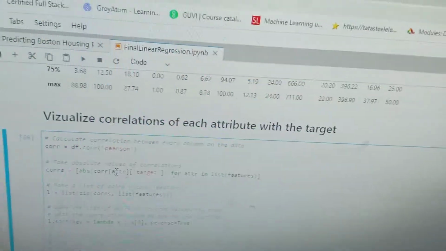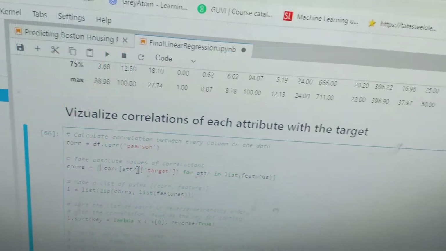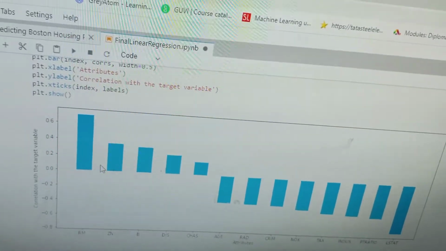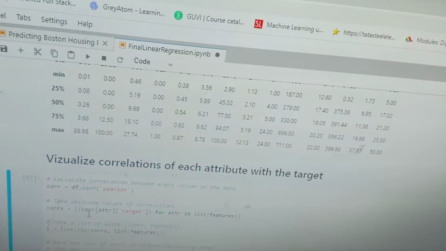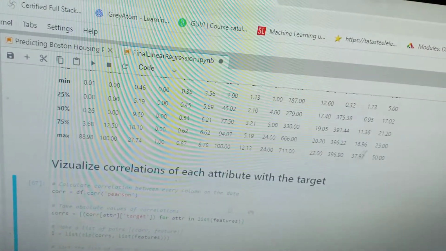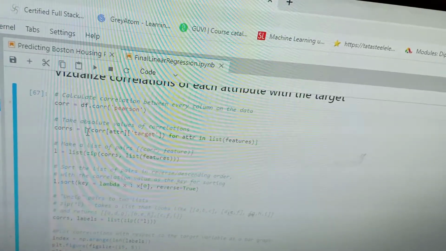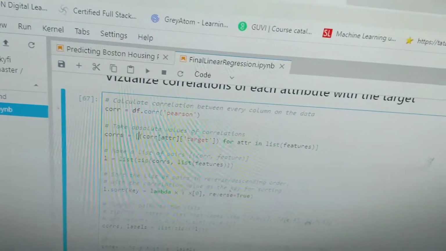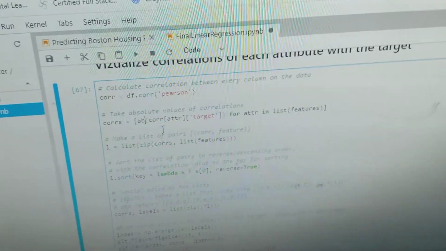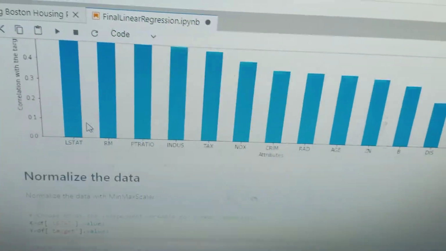If we use it without absolute values, we will get a two-sided graph, that is the positive half as well as the negative half. But in this case we will just consider the positive values. So now we have the positive values.